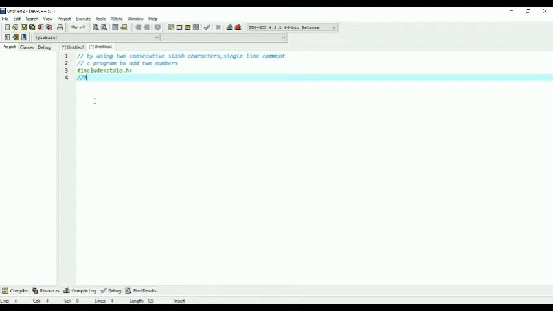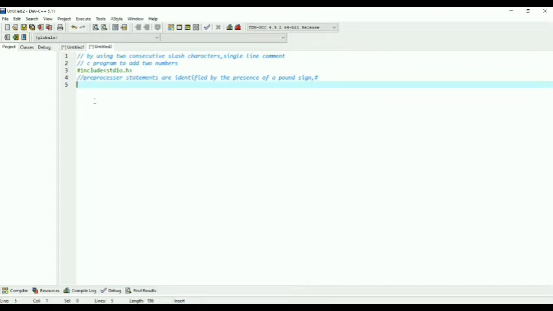Okay, guys, the include statement is a preprocessor directive here.